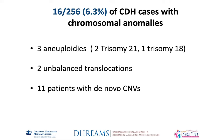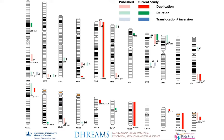Chromosome conditions like trisomy 21 or Down syndrome, some translocations, as well as copy number variants. And just to give you a sense of what this looks like, they're distributed throughout the genome, so they weren't located in any one particular place. But I'm going to show you one circumstance, and I'm going to point out that we saw in particular a region on chromosome 8,